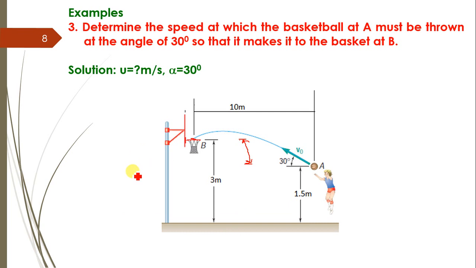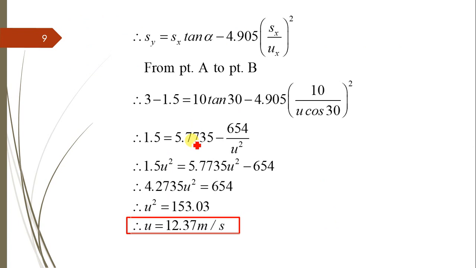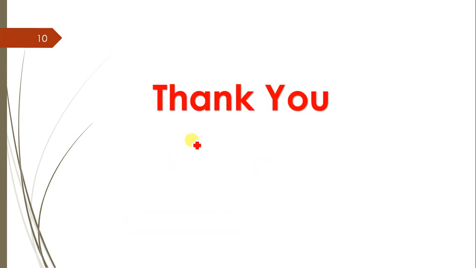It means that the ball is projected with a velocity of 12.37 at an angle of 30 degrees so that it will reach the net. So like this, projectile motion can be applied in many different types of practical problems, like sprinkler problems or dozer problems, where a particle or projectile has both horizontal as well as vertical motion. You can solve many such problems by applying this trajectory equation. So thank you.